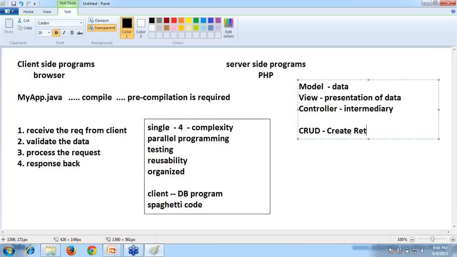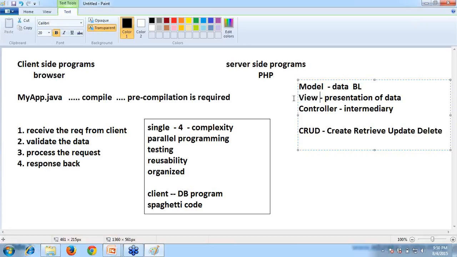Create, Retrieve, Update, Delete. Create means inserting the data, retrieving the data, updating the data, deleting the data. Every project talks about only CRUD operations. That is nothing but data, mainly working with the database, which contains the business logic of the application.